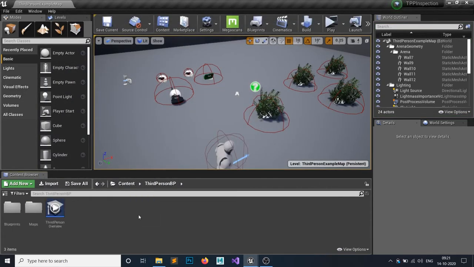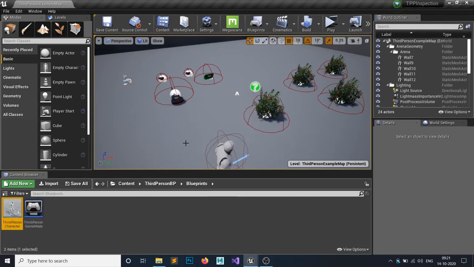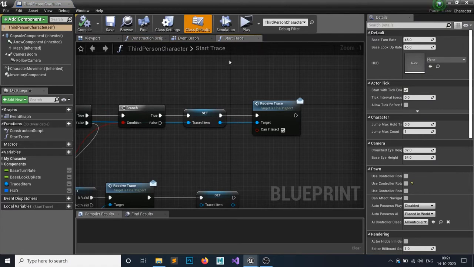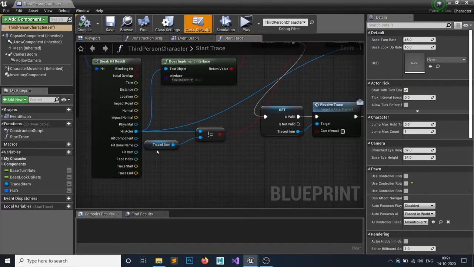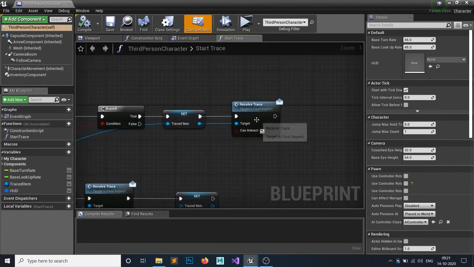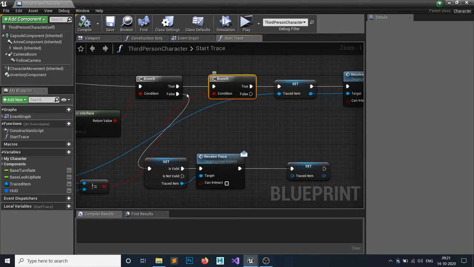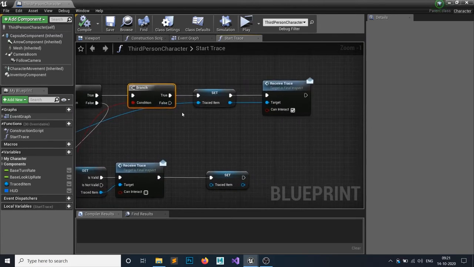Just go over to the trace function we created in the previous lectures. You can see we are tracing the item, and if the item was not traced previously, then we set the receive trace to true. On the second branch, the false part, it goes to receive trace without setting the item.